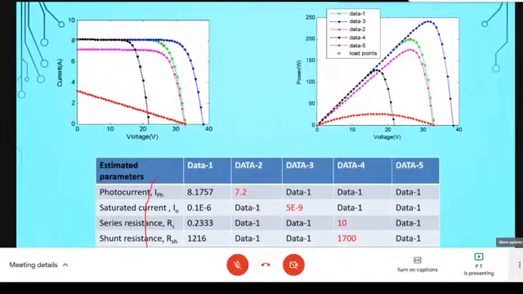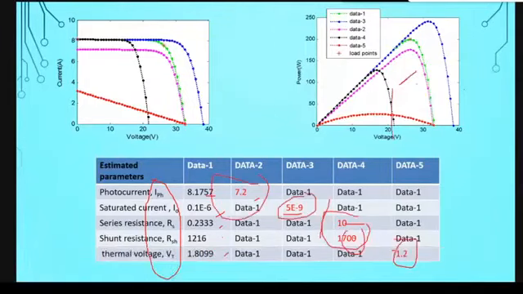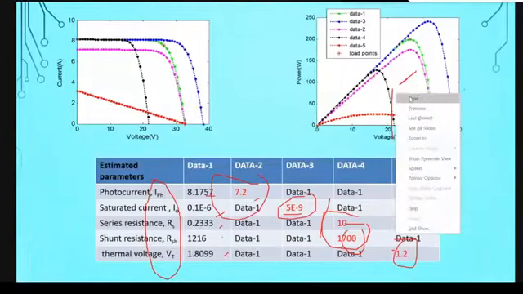I am changing one of the data just to show you how the characteristic equation is dependent on these unknown parameters. At 5 places, I have changed the data. Here, here, here, 4 and 5. And you can see when you change these unknown parameters, the characteristics of the solar PV will change. So any erroneous determination of these parameters results in inaccuracy in the prediction of the solar photovoltaic system. So this is also an important area through which you can explore your research.